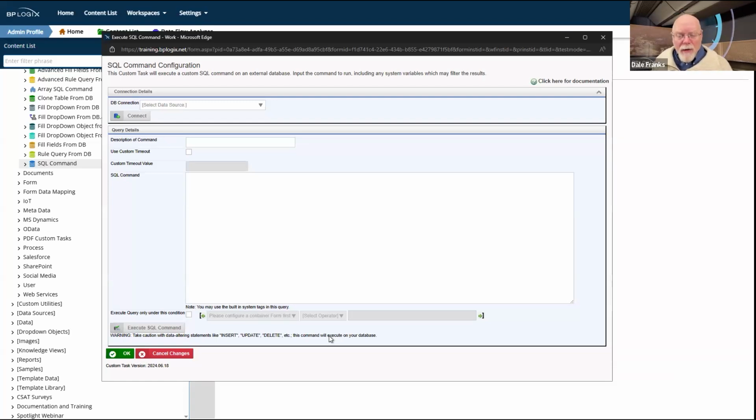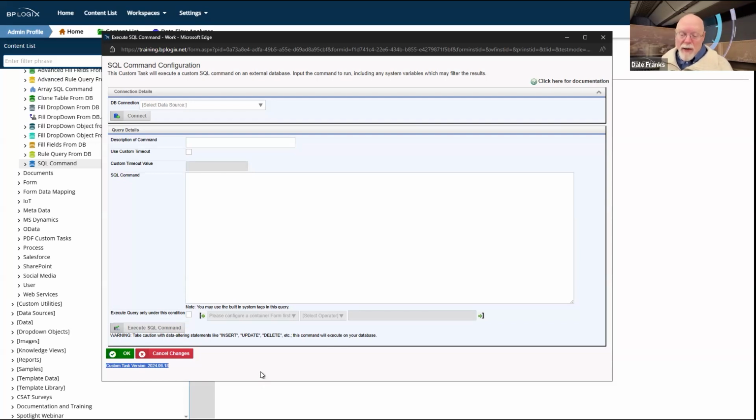Custom tasks are developed on a different schedule from the product. Custom tasks are all developed individually, and each individual custom task has its own version number. Down at the very bottom of the configuration screen, it tells you the custom task version.